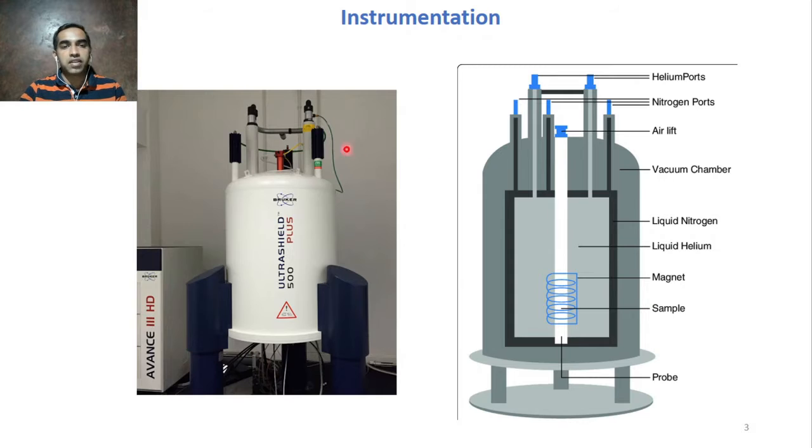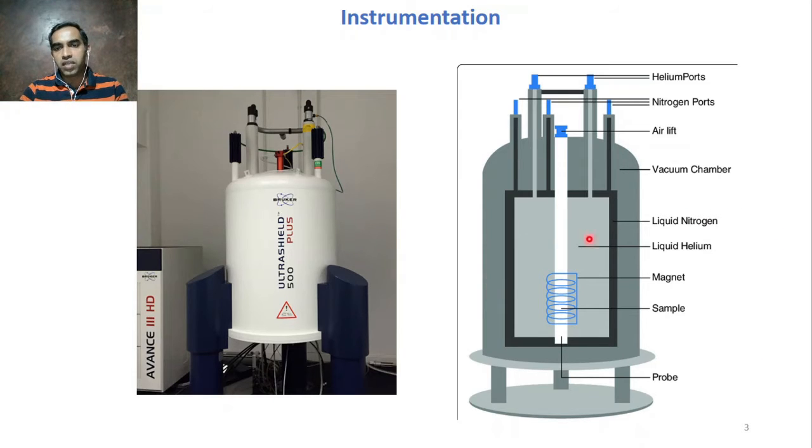You can see the instrumentation part; this is a Bruker instrument, which I also work with. A very good instrument, the Bruker NMR, a 400 megahertz or 600 megahertz NMR instrument. If you have it, it works fantastic. The sample holder and everything is automated, so you just have to keep the sample in your number, and everything goes automatically. The only thing is, every 6 months there will be a change of helium, and every week you have to change